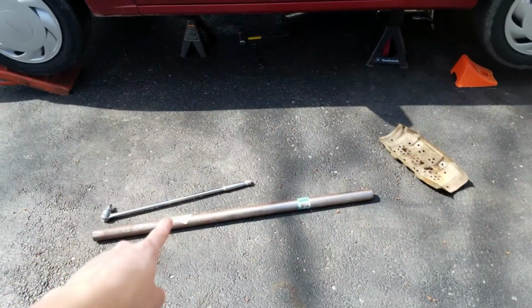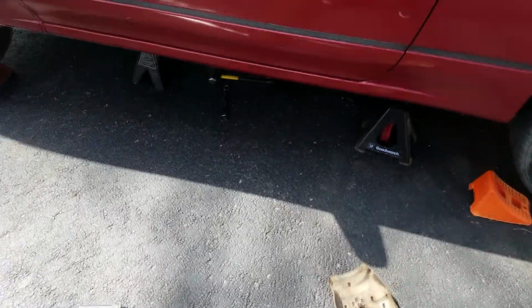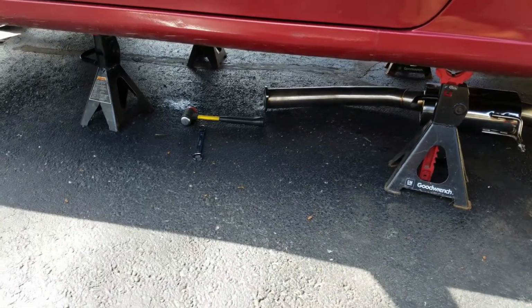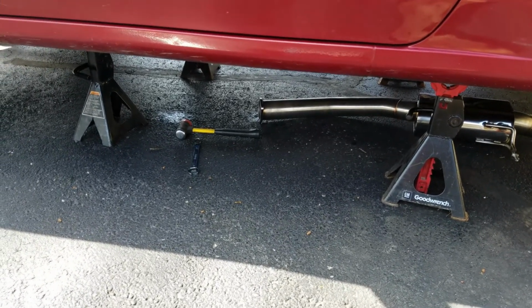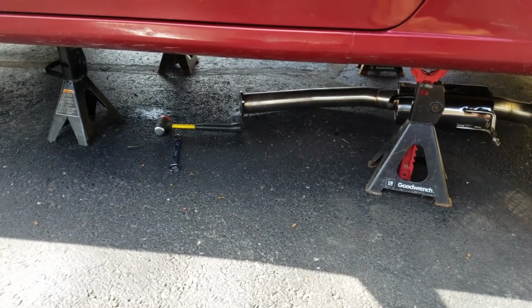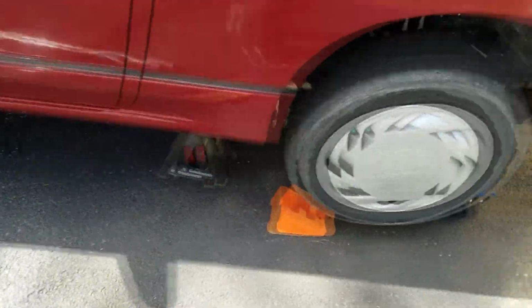As you can see, with the pry bar sitting there and this long pipe and the hammer sitting underneath the catalytic converter, the 4 bolts that were mentioned in the last clip are being a pain, just like we expected. So what we're going to do now, we're going to use some impact tools, but in order to get the clearance to